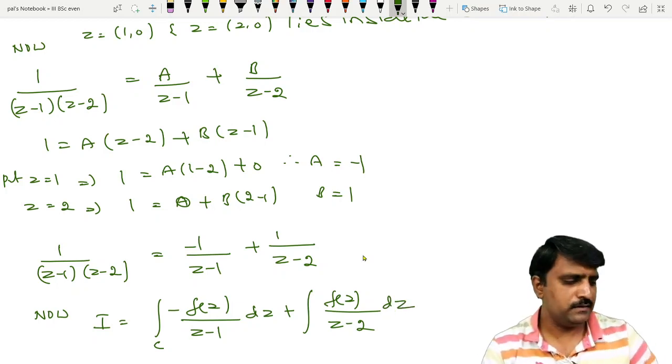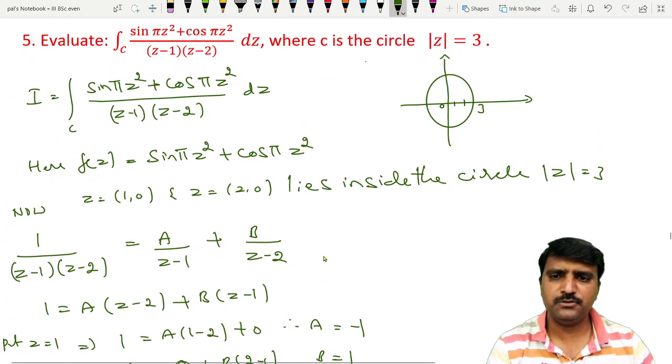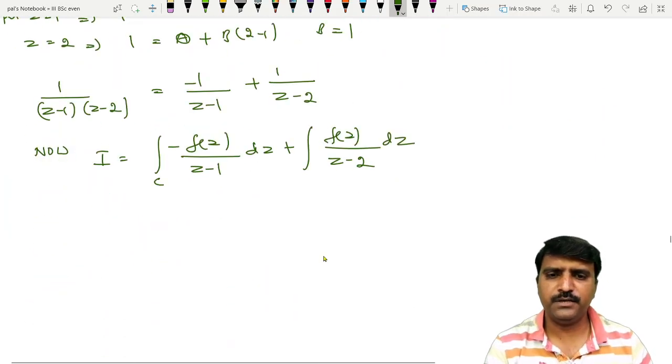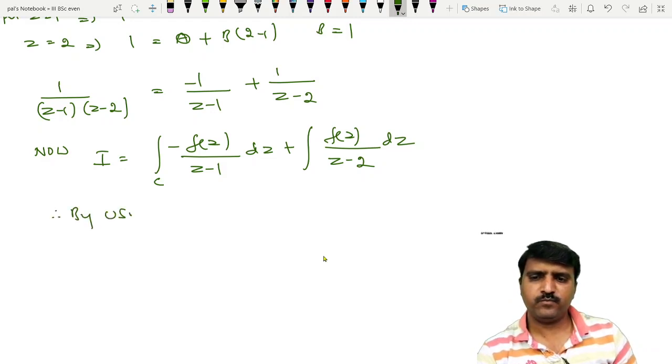Okay, so z is equal to 1 and z is equal to 2 are the points that lie inside the circle. Therefore, by using Cauchy's integral formula,